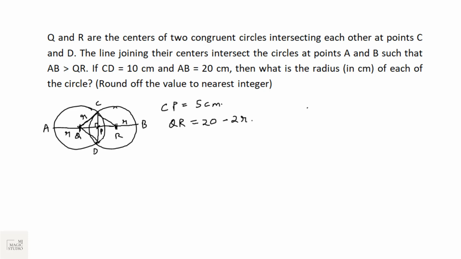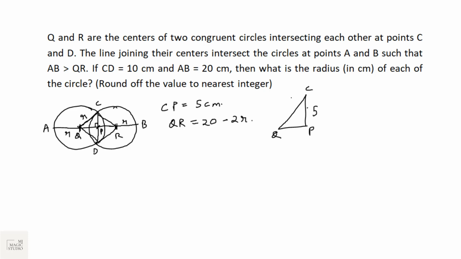Why? We can see that when we join all these four, we get a rhombus. And diagonals of a rhombus bisect each other at 90 degrees. You can also get the essence of geometry from this. So, if I take this triangle CPQ,